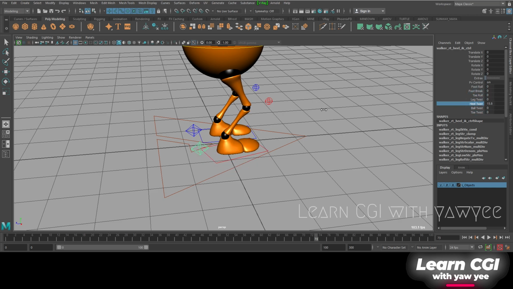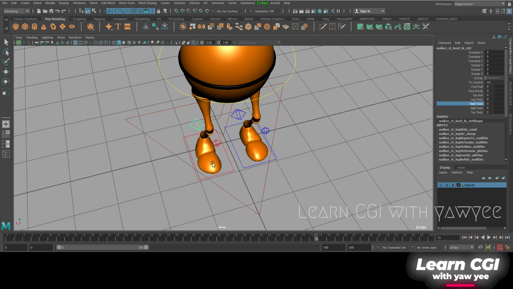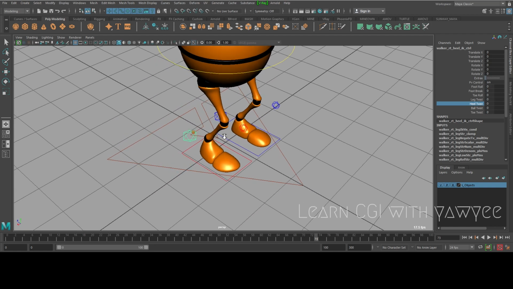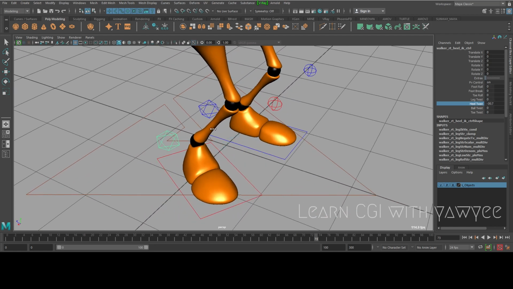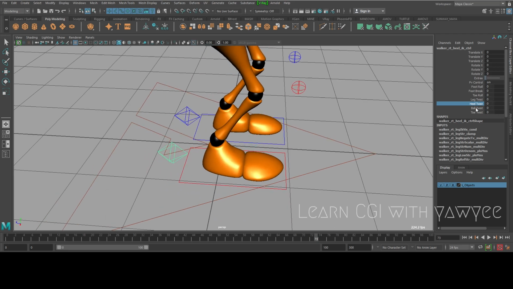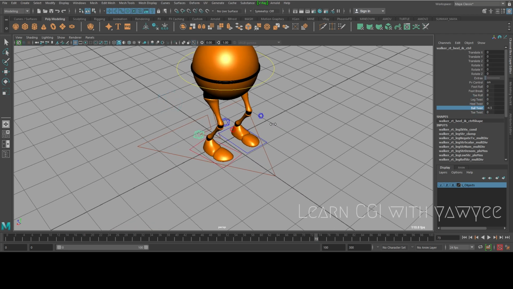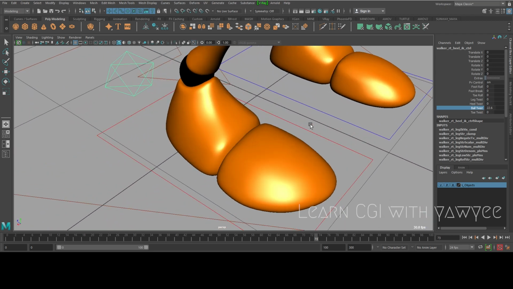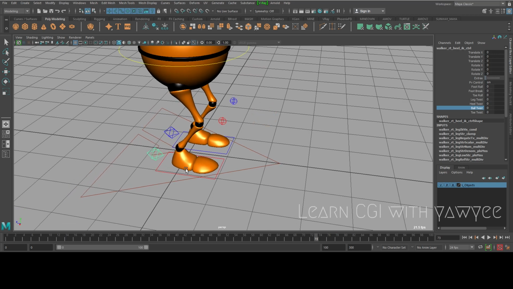Heel roll. It's like you're stepping on a cockroach and you want to kill it. So that's what you do. Or you're stepping on dog poop and you want to shake it off. So that's what you do. All right, shake it off. You have a ball twist. Ball means this, it doesn't mean something else. So that's what we call the ball joint. We have a toe twist. It's like a